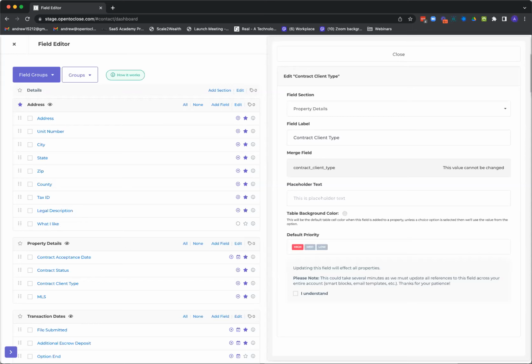Is there a way to highlight or make fields required when you're inputting a deal, not intake forms, like for the field areas? Not necessarily required, but you can. It depends on what plan you're on, Amber. Okay, so I'll get to your other question in a second. Is there a way to highlight or make fields required? No, but